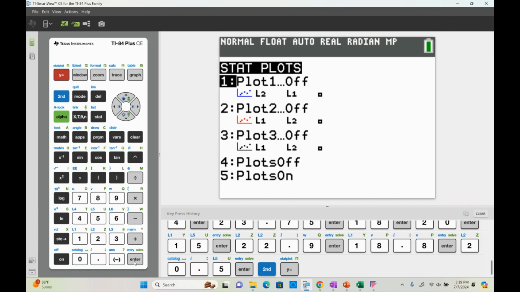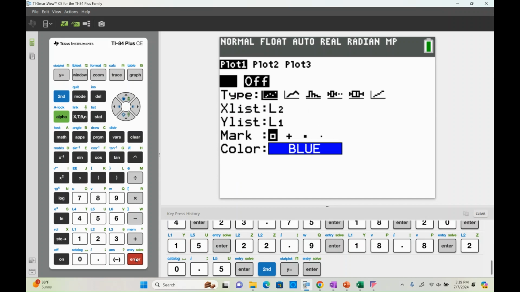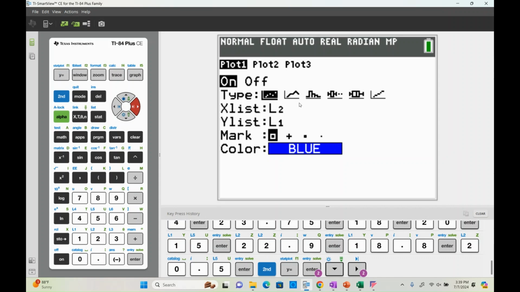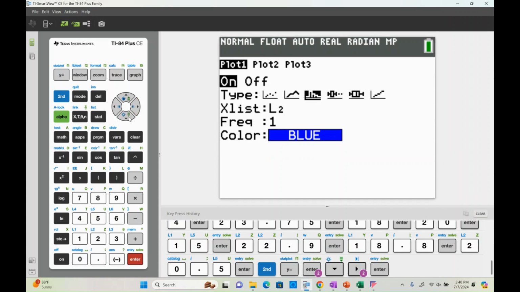So I'm going to hit enter on the first one here. And I'm going to hit enter on. Okay. And then you can see down here for type, there's a few different options. I'm looking for the histogram one here. So right there, so I can hit enter there. Okay. And then